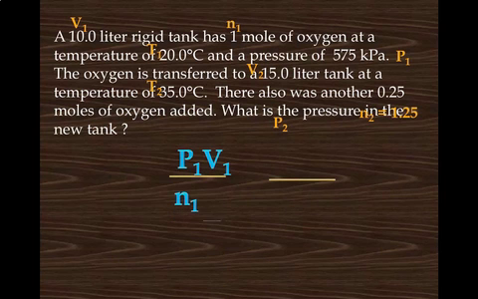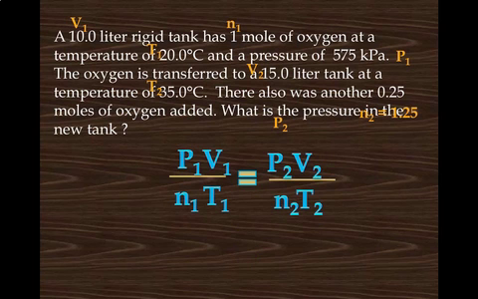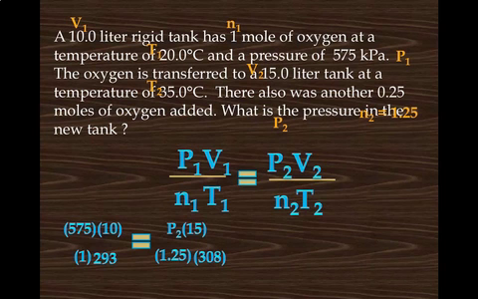So we've got our formula, our combined gas laws. I can plug in P1 times V1 over n, and I need to add 273 to my temperature to make it in Kelvin. And then I have P2 times V2 over n times T, again adding 273. What I can do here is cross multiply. So I have 575 times 10 times 1.25 times 308. And when I multiply all that together, I get